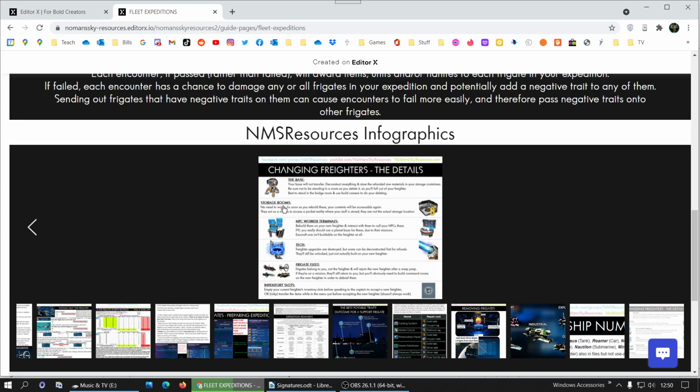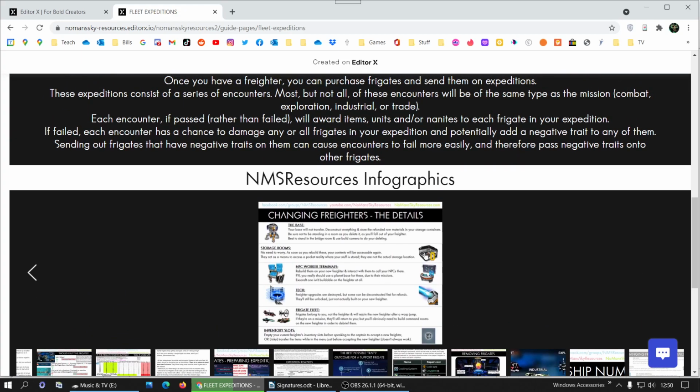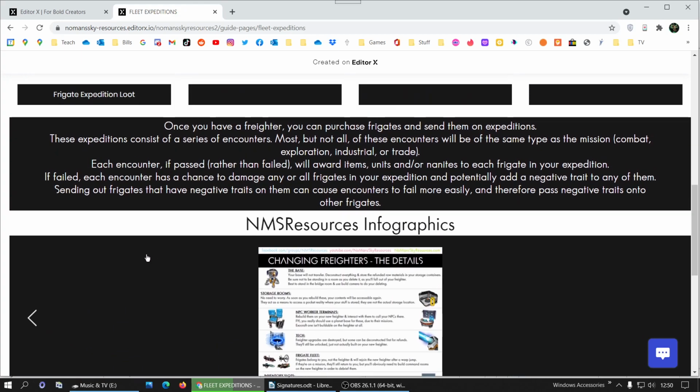So let's say that my writing about storage rooms, they changed something and that's no longer correct. I want to just be able to click on a page on the website, edit that writing out, take a new screenshot of it, and you're done and dusted. All right, that's the idea. So I will be recreating every single infographic that I have that way, and then linking in as embedded pages